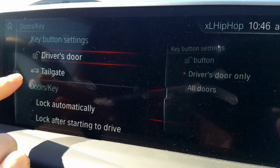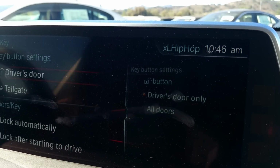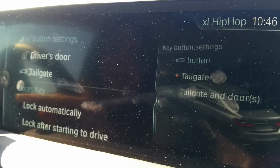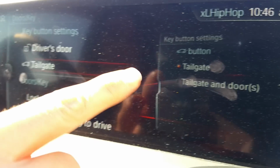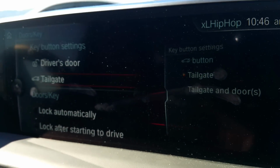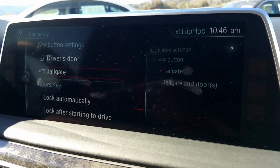Okay, so what they've done here is they've shown you a preview over there on the right-hand side. So when you click tailgate, it gives you the picture, which is great too. What they're doing is showing you any option that would be to the right in that menu. Exactly. Because I know on our previous one, you actually had to go into that menu to